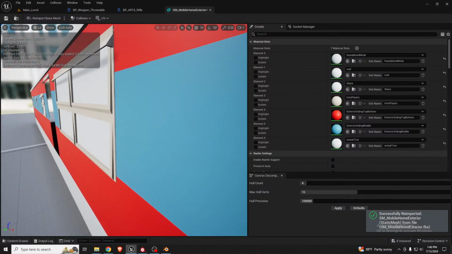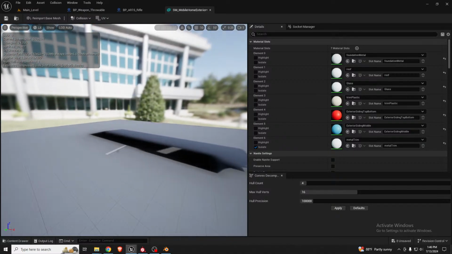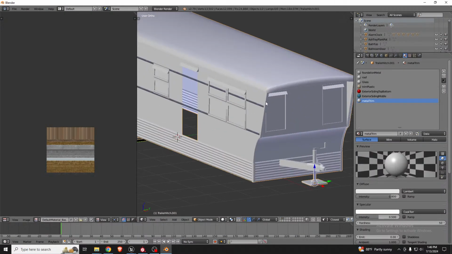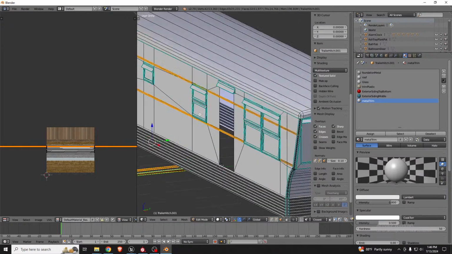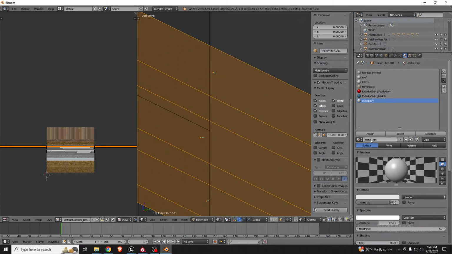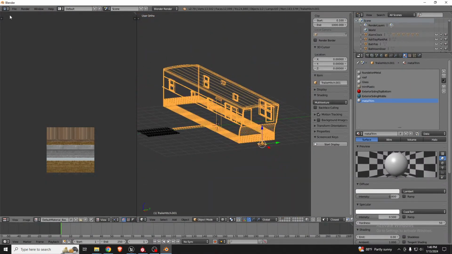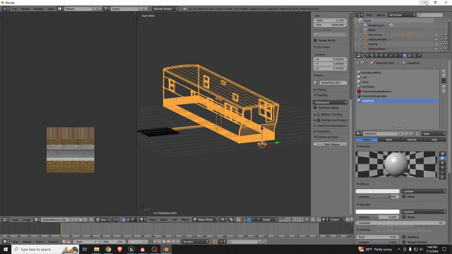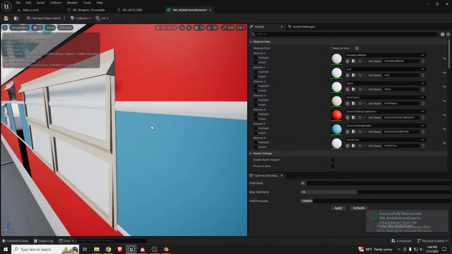And where is the metal trim? I am not seeing it. Let's take a quick look at the normals direction. And yeah, right now they're inside, so they should be like that. There we go. Not sure why the first time it didn't come through, but anyways, let's go ahead and get